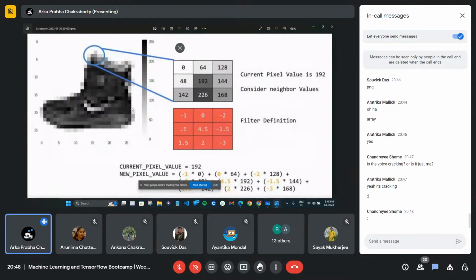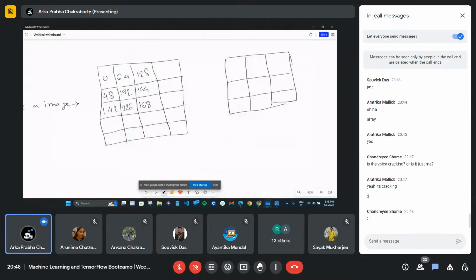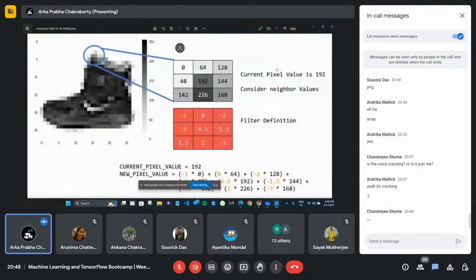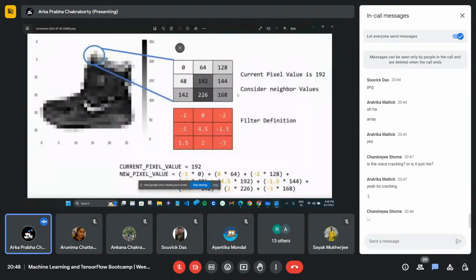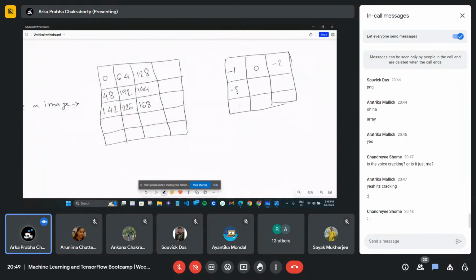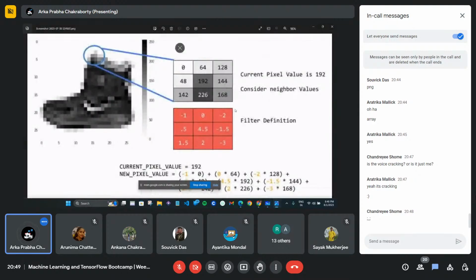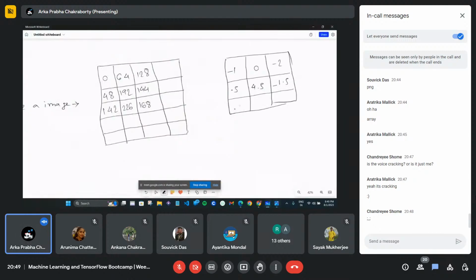For now, minus 1, 0, minus 2, minus 1, 0, minus 2, point 5, point 5, 4.5, 1.5, 1.5. Okay, what will it do?